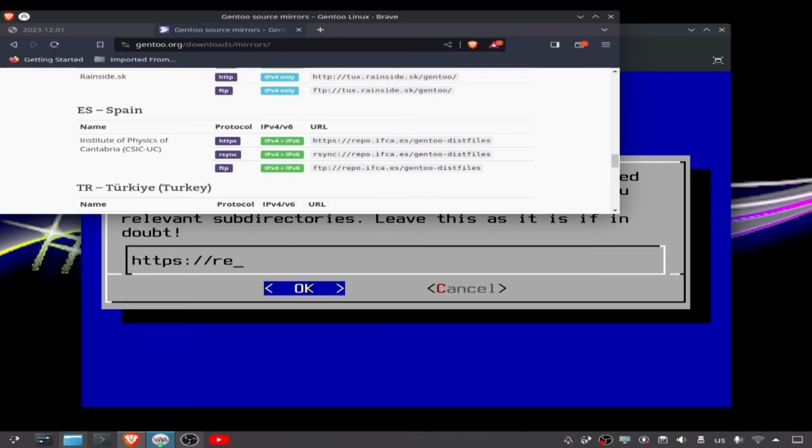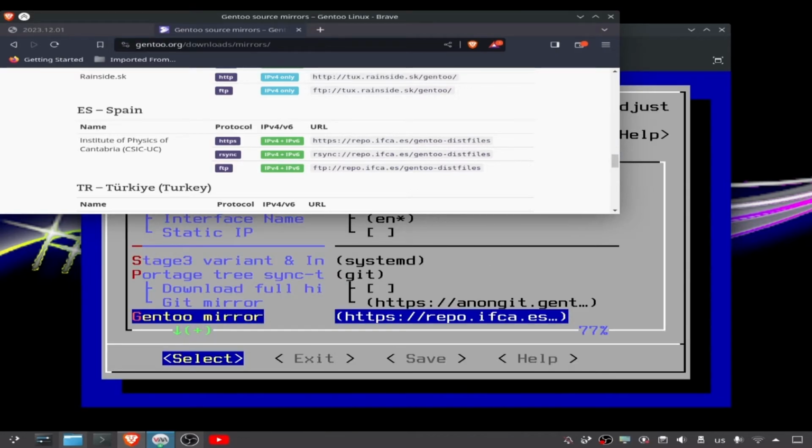So I will type repo. Now I added the mirrors. Let's close the browser,